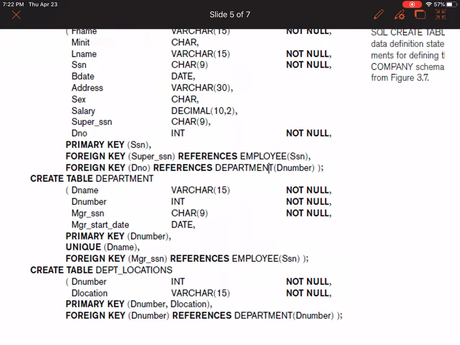Now let's see, hope this all is making sense. Let's go to the third table. There's one table called department_location. As we all know from our earlier knowledge about the naming convention of any table, can you see here, an underscore is there.